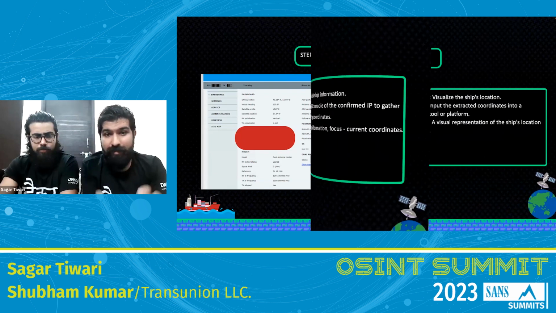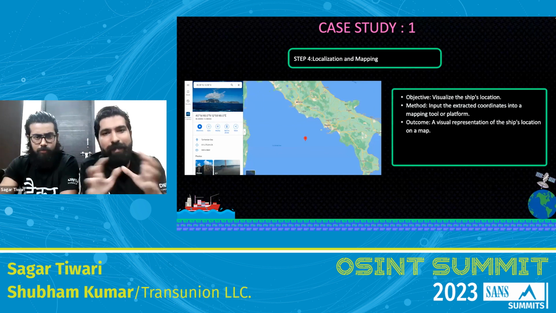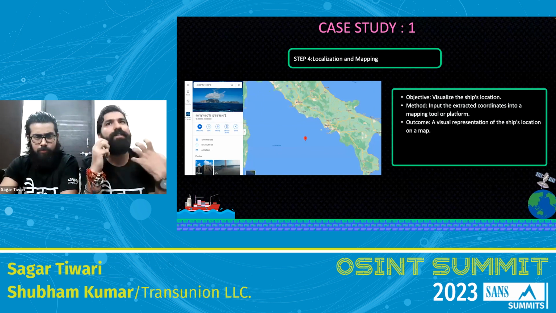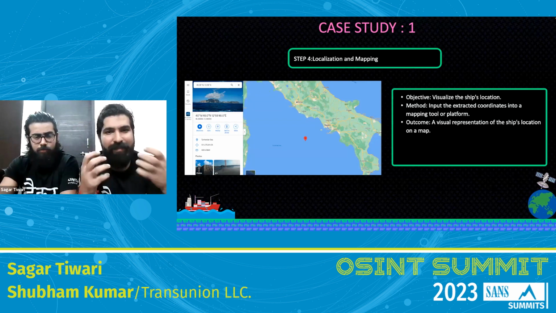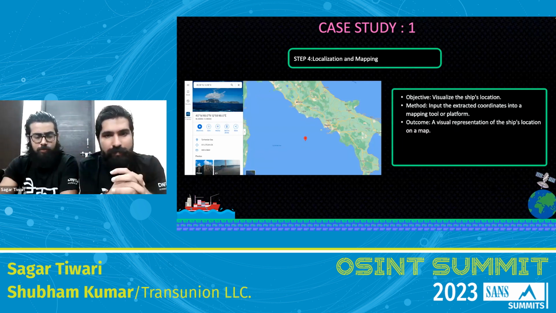After obtaining this critical information, we will go to localization and mapping. You can consider this phase as basically the portion where we make our information come to life, right? All the data that we have collected till now was more of a backend portion. We are now bringing it to the presentation layer. We are taking those GNSS locations, the raw coordinates, and putting them on a map of our own choice.